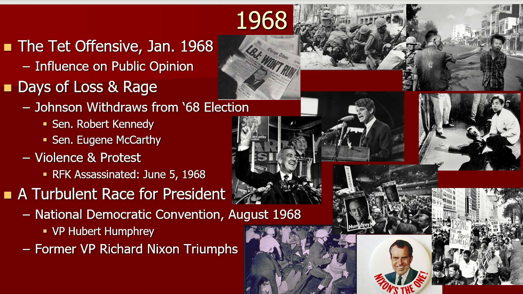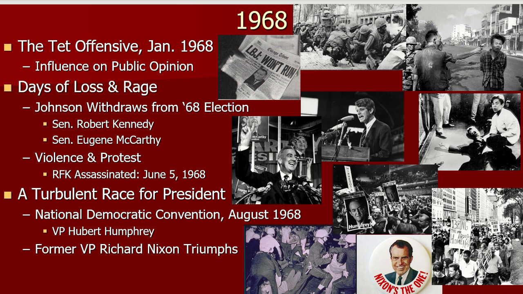So McCarthy still ran, but he wasn't well liked, and he was also not well supported, even though he was an anti-war Democrat. Robert Kennedy becomes a front runner, but he gets assassinated later that year. And of course, the Democrats eventually settle on the vice president, Hubert Humphrey. And there was a lot of fighting over this in the actual national convention, actual fist fighting, as well as a lot of people protesting outside the convention in August of '68 because the Democrats were the ones who started this war, and they thought they were lying to them and telling a lot of lies about this war, and it was a lot worse than they were making it out to be.